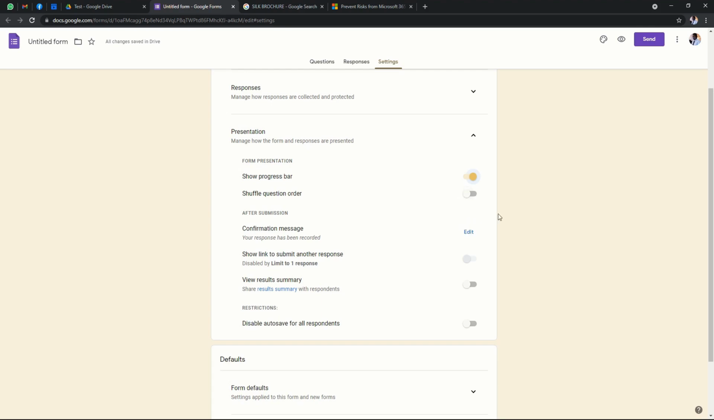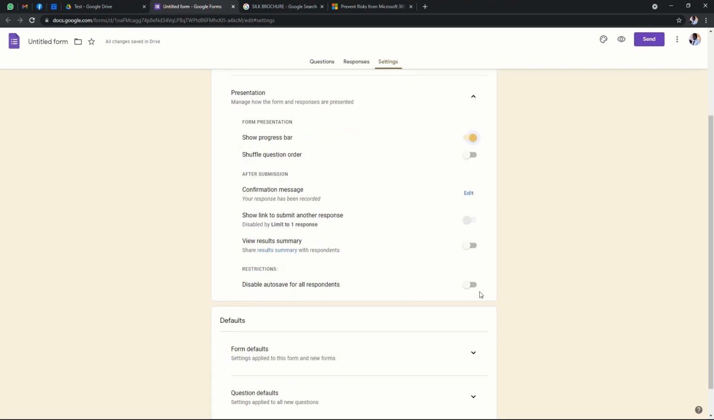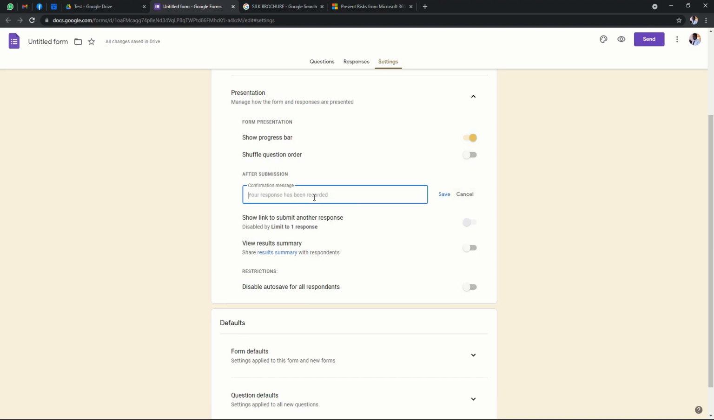And we don't want to shuffle question orders, because we want someone to learn from someone how to do this, then they can easily do it. Otherwise, if it was a quiz, we would have shuffled the question order. Otherwise, a confirmation message can always be put here, and after submission, this message will be displayed to this applicant. So we'll be adding our own message here, and we're going to be saying